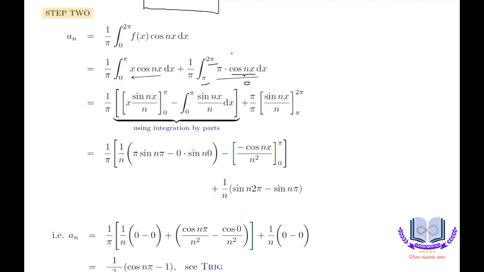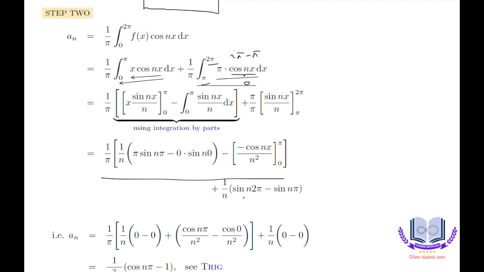So the difference is only of pi. So 2 pi minus pi is pi. So you cannot directly use and state that its value is 0. Its value can be anything. So now what we have to do is to just simply integrate it. First integration is done by partial integration, and the second one we have to directly integrate, and after integration we will get these